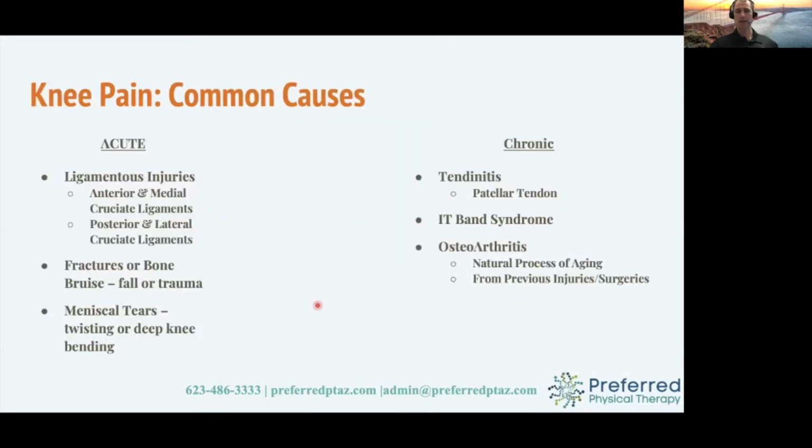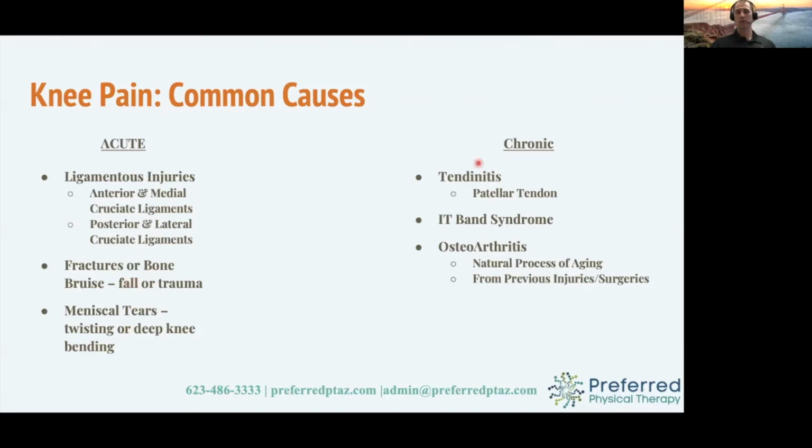And some knee pain causes that we see, acutely, there's trauma, whether it's a fracture, a bone bruise because of a fall or trauma, some twisting or deep knee bending, or a significant ligament injury that usually comes from trauma. It can be spontaneous, maybe getting up or walking. They can happen what they call insidiously or spontaneously, where there's just enough of this wearing down that a normal everyday movement was enough load to tear that ligament. That does happen. It's not as common, but it does happen. So we look at how to care for and assess those things.